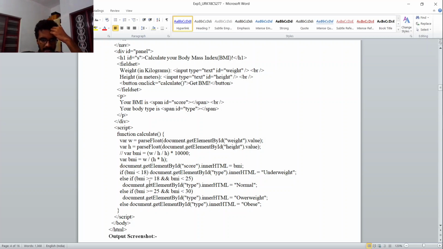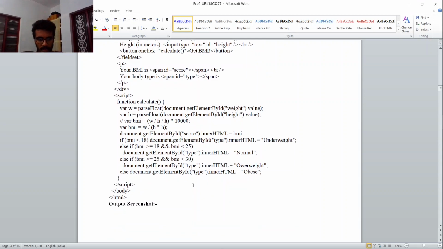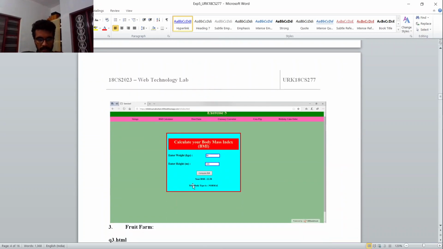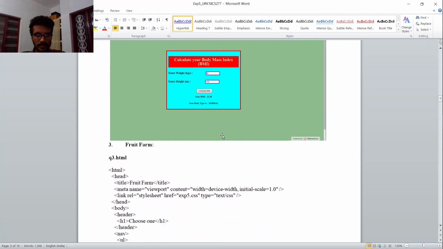If the BMI is greater than or equal to 18 and less than 25, it's normal. If it is greater than or equal to 25 and less than 30, it's overweight. Else it's obese. So this is how the box is displayed, with your weight to be entered, height, the calculation takes place, and your BMI value with the body type is displayed.